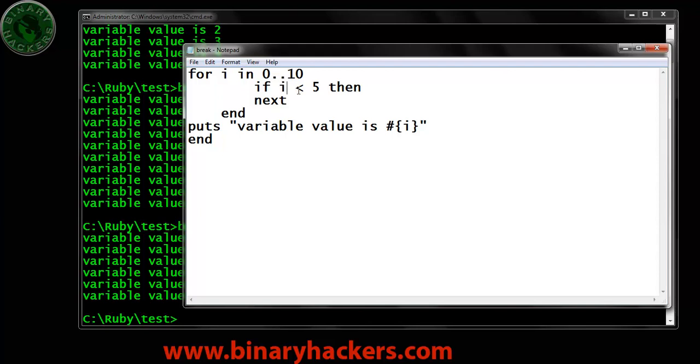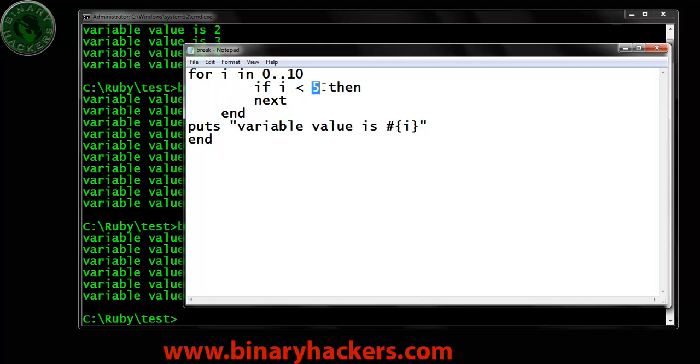When the value of I is less than 5, the next command will happen and it will jump directly back. When the I value is 1, then 1 is less than 5, then next. So it goes again to the first line, then the value of I is incremented. The value of I is 2.